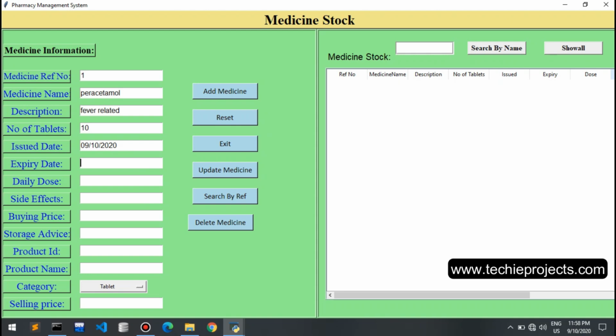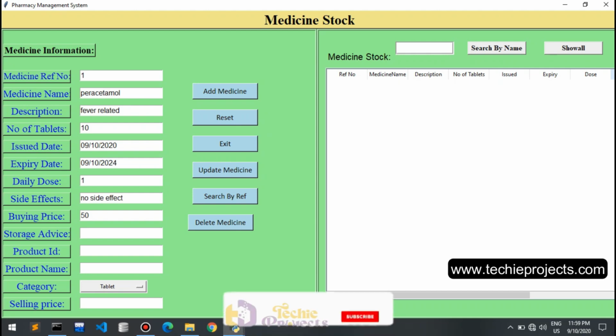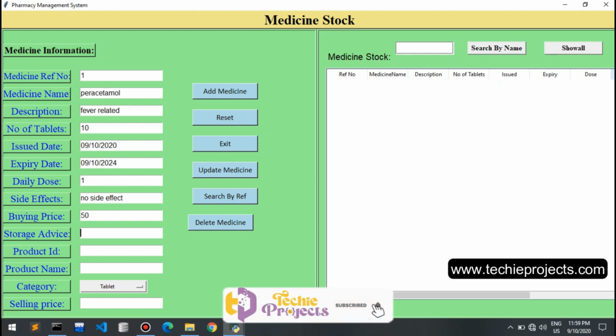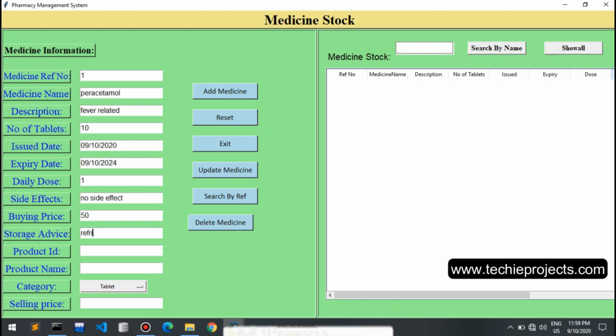This is the issue date, and enter the expiry date 2024. Daily dose 1, side effect no side effects, buying price 50, storage advice refrigerator,